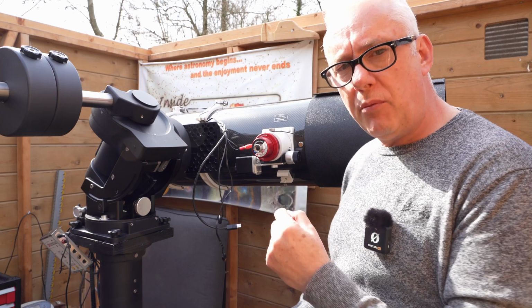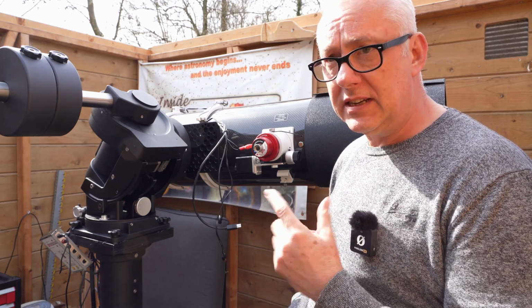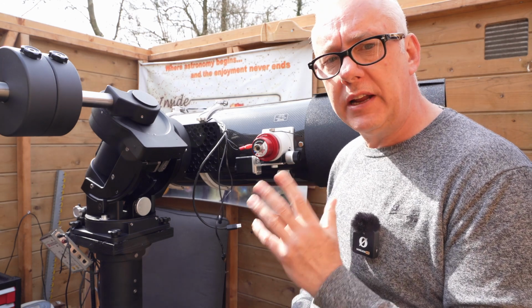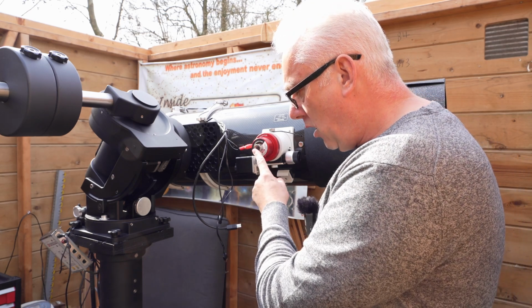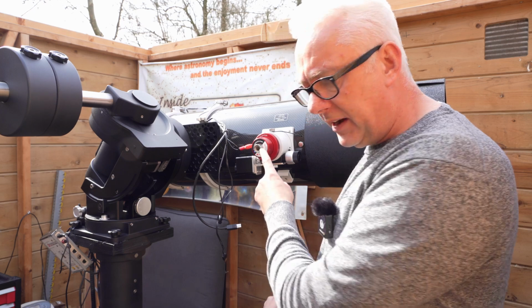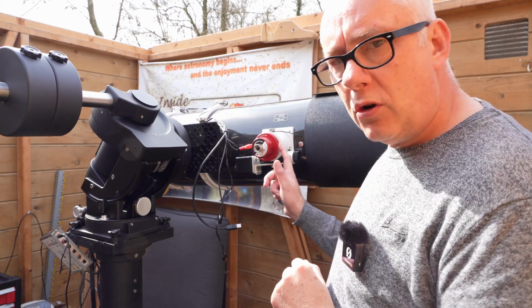The other issue you have with your focuser, and this is one I still have with this telescope, is why I really need to be careful when collimating, and why again you need to understand the purpose of the laser collimator. The only way this can work properly